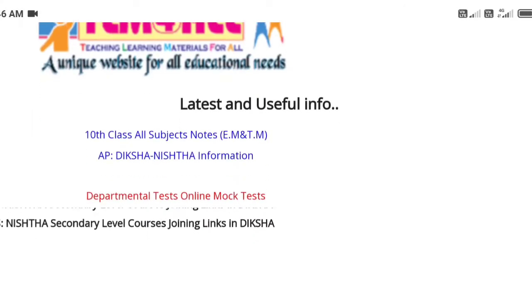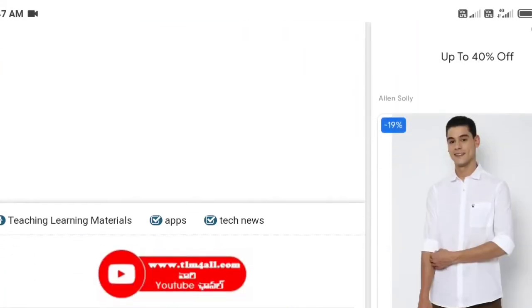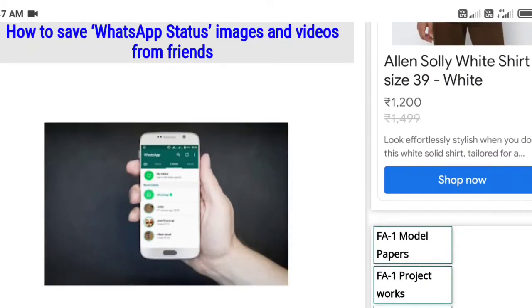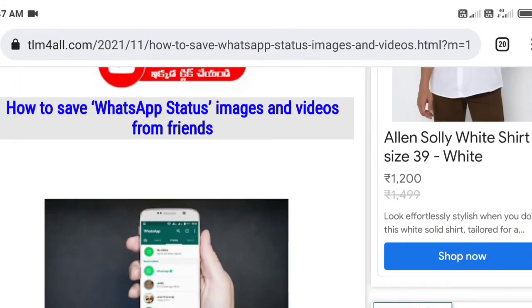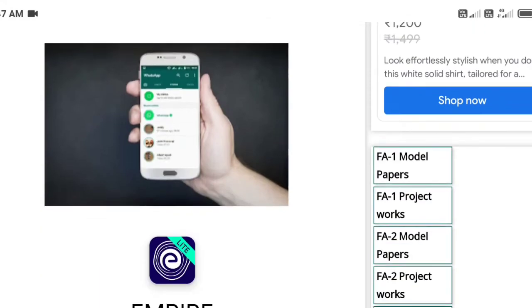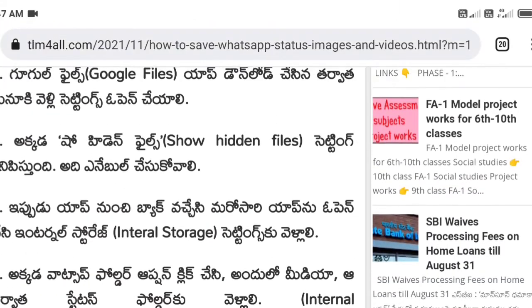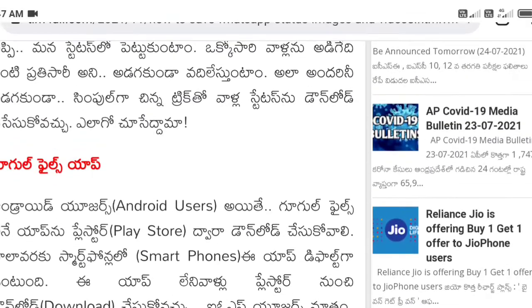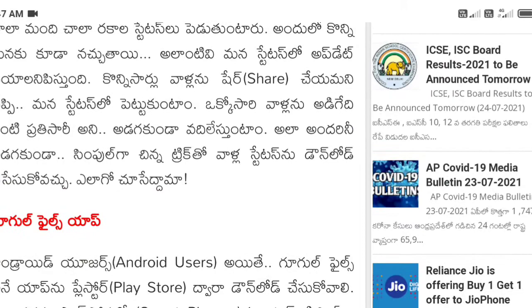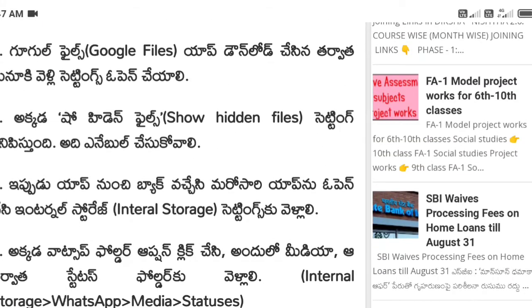Meanwhile, I'm showing you a website. You can get updates on the latest technical news, about mobiles and more. I'll share the link in the description. If any Telugu viewers are here, you can read clearly how to download a status from Google Files. It's clearly explained in Telugu.